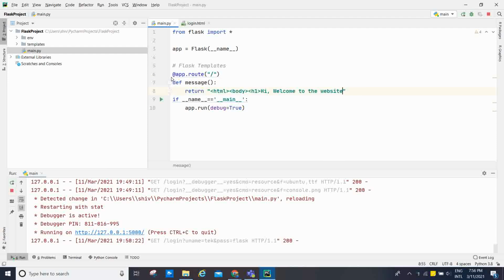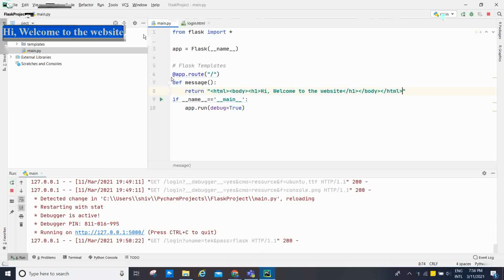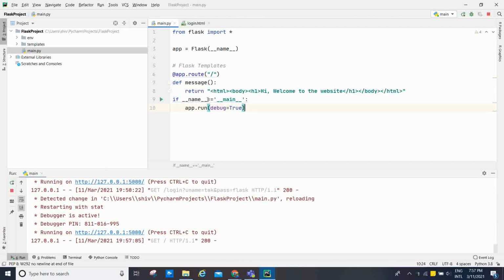And I'm going to close the h1 here. Body, I'm going to close it. Then I'm going to close HTML also. Okay, now I'm going to return hi, welcome to the website. Right, now I'm going to return the HTML form also.